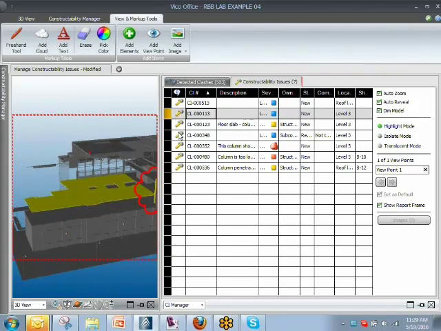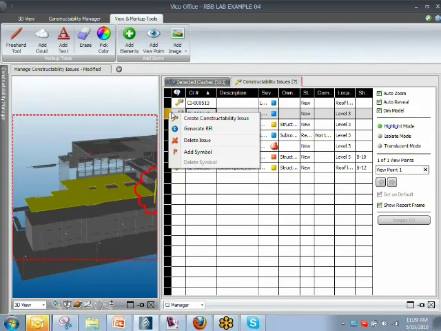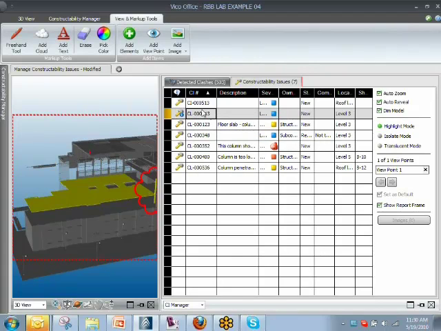If a constructability issue cannot be resolved during a meeting, you can further escalate it by classifying it as an RFI. So the RFI may be an issue that cannot be resolved within the team that gathered for the meeting, and it has to be posted maybe on a team site or communicated to some consultants. I can do that again by right-clicking and selecting Generate RFI. If I do that, you see that there is a little eye icon that appears right next to the hammer,